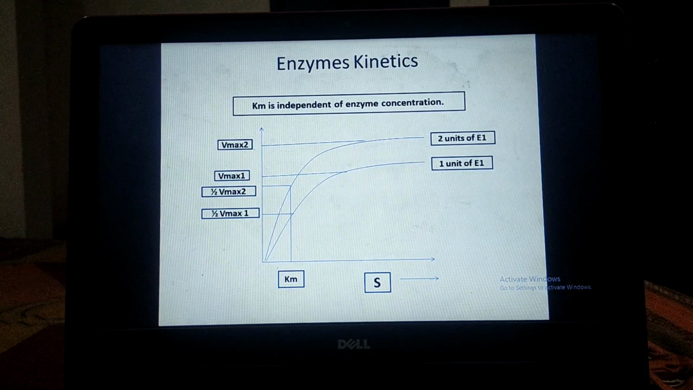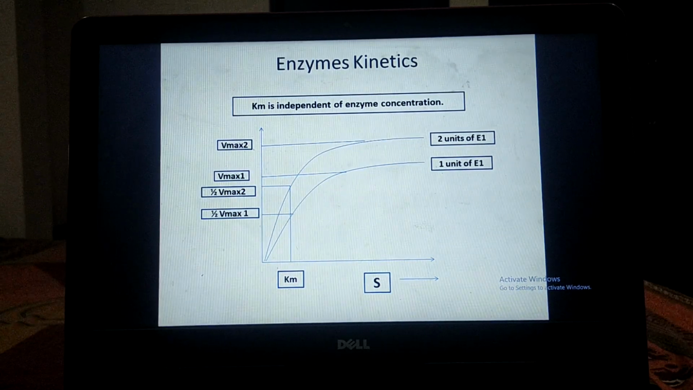Now the next point is that Km is independent of enzyme concentration. So in this graph I have taken the same enzyme in different concentrations. In the first situation I have taken enzyme E1 as 1 unit. At that time I have got a maximum velocity of the reaction, which I have denoted by Vmax1. Then for the same enzyme I have increased its concentration to 2 units. Then at that time I have found that the velocity of the reaction is increased, and from the graph I have given